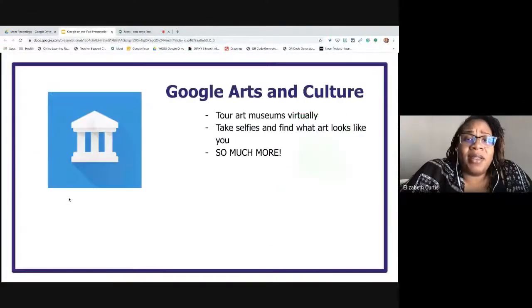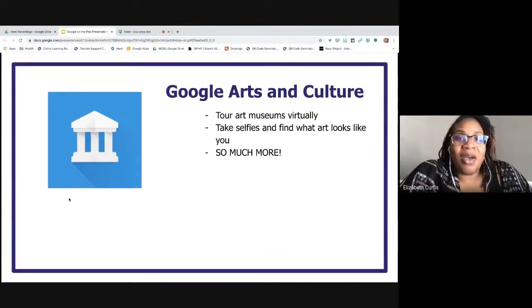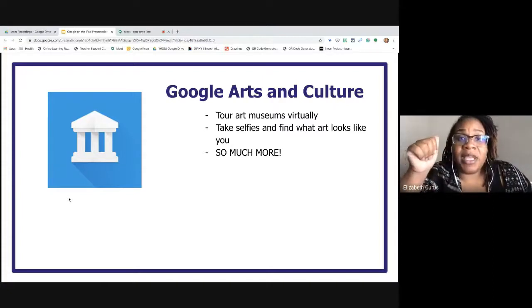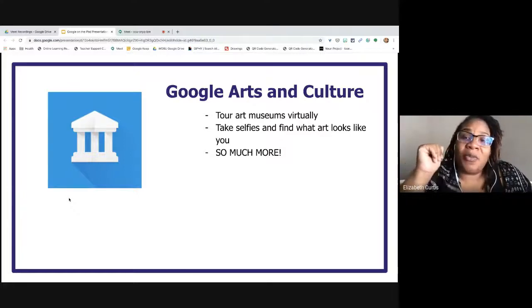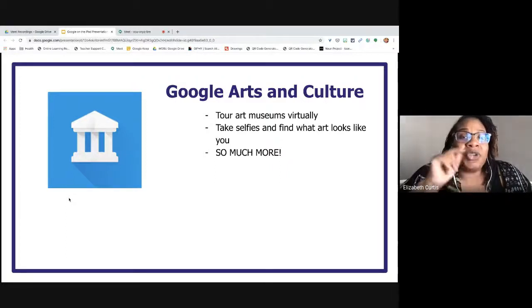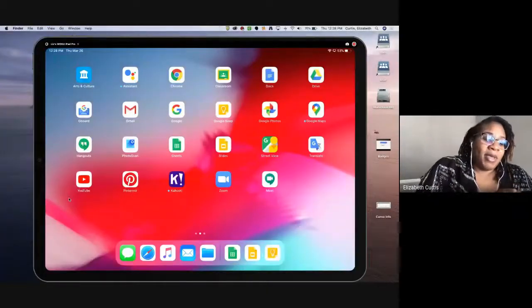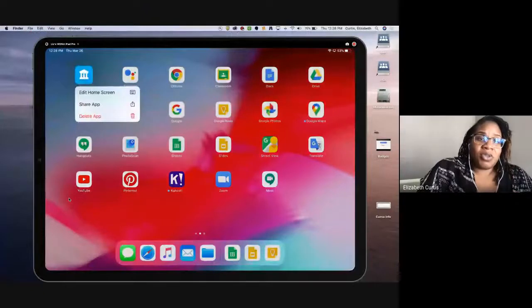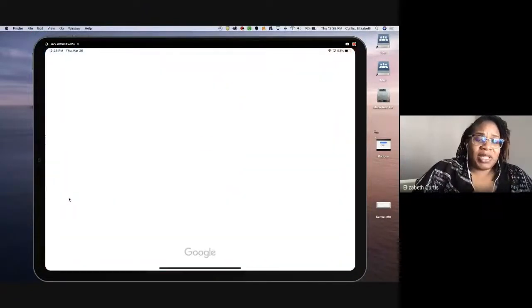And so this is one of the last apps I will tell you about, Google Arts and Culture. It allows you to tour art museums virtually. You can take selfies and see what art looks like you, and a lot more. I am pretty sure we have a video that's just about Google Arts and Culture. So I'll just show you real quick how it looks on your iPad. If you hard press the arts and culture, there aren't many options there. But if you actually click on it,